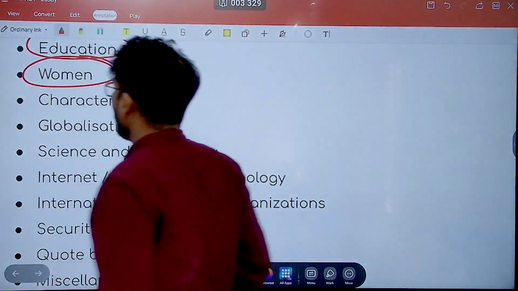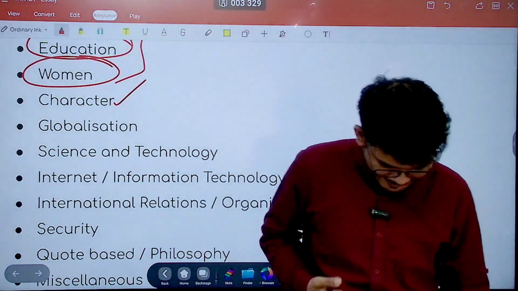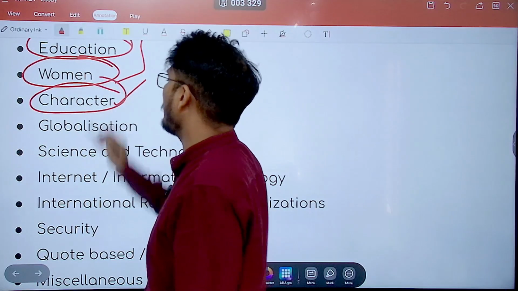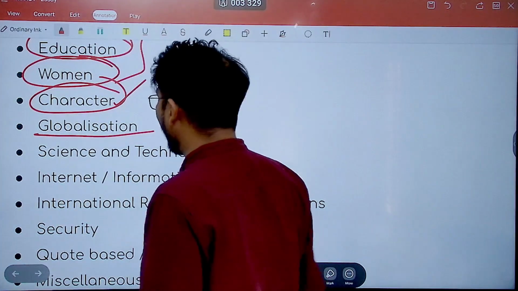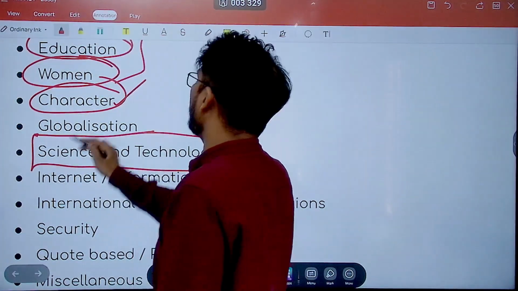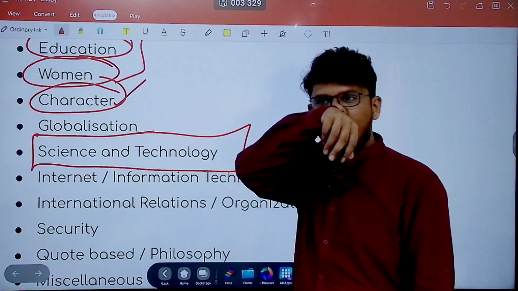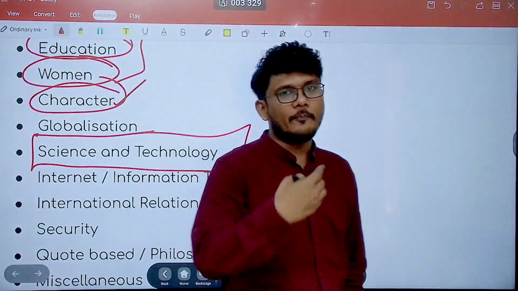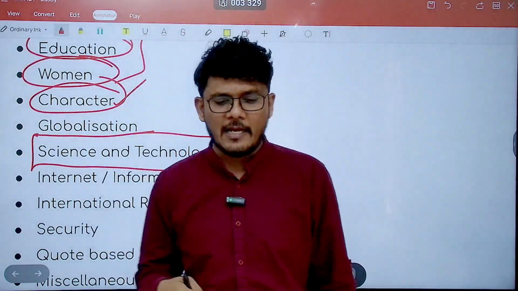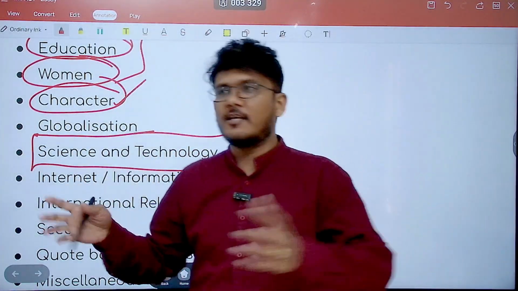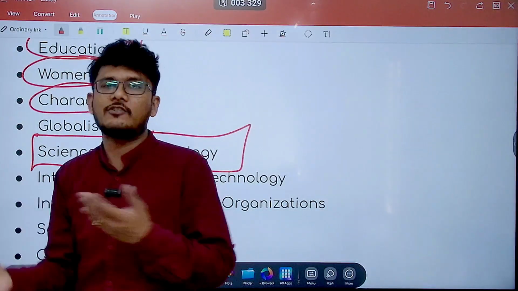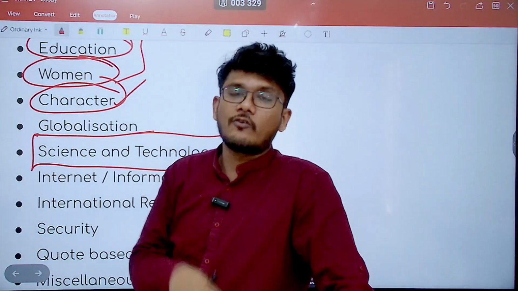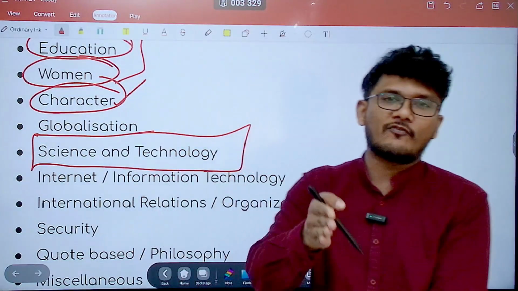Then the character. So character, about a person's character, the character of a civil servant. So character-based essays are also there. Then you have essays on globalization, and again probably a simple one, science and technology, because generally in science and technology, questions like 'science and technology, a boon or a bane' will be there, which are not very high rocket science. Here you don't have to write cutting-edge technology-related things. So these are also very generic and easy to write, unless of course UPSC comes up with a very specific